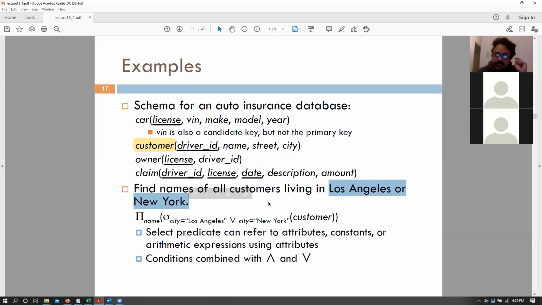And then we say that customers have to live in Los Angeles or New York. So that means that I need the city for that customer. Well, where is that? Well, we had name, and we see that the customer city is also in the same table. And that means that we do not need any join operation, right? We just can get this data from this table in itself. So names of all customers living in Los Angeles or New York would be from the customer table. Select all the rows where city equals Los Angeles or city equals New York, and project out the name, right? Okay.